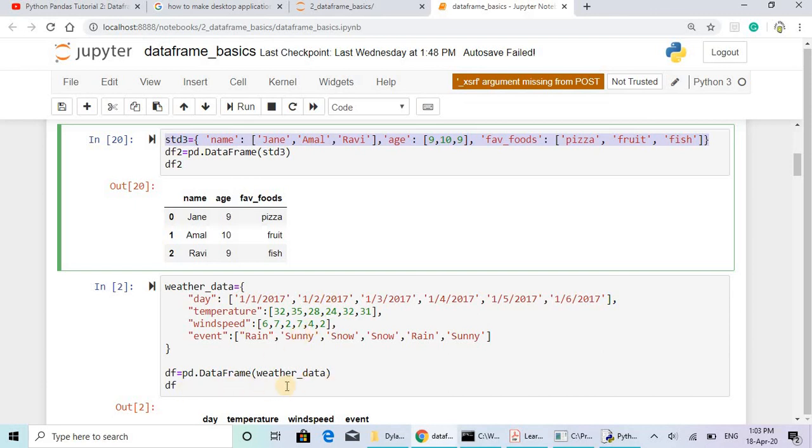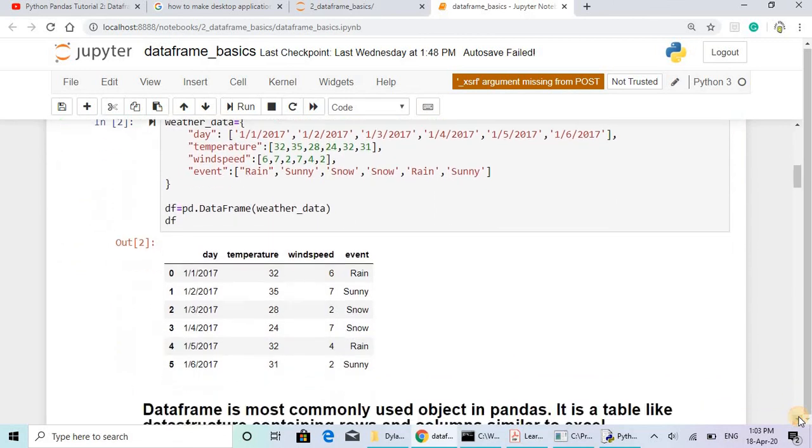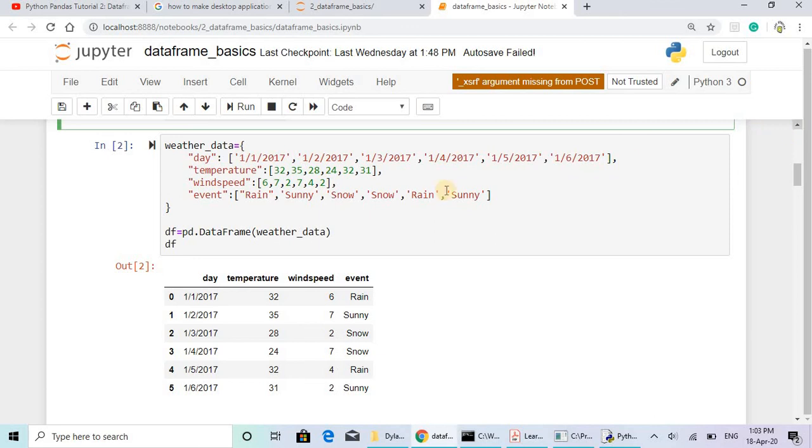Okay, by creating a data frame of that one, you can see here day and its corresponding values, temperature corresponding values, wind speed corresponding values, event corresponding values. Actually this is a usage in data frames, which are used in data science using pandas.